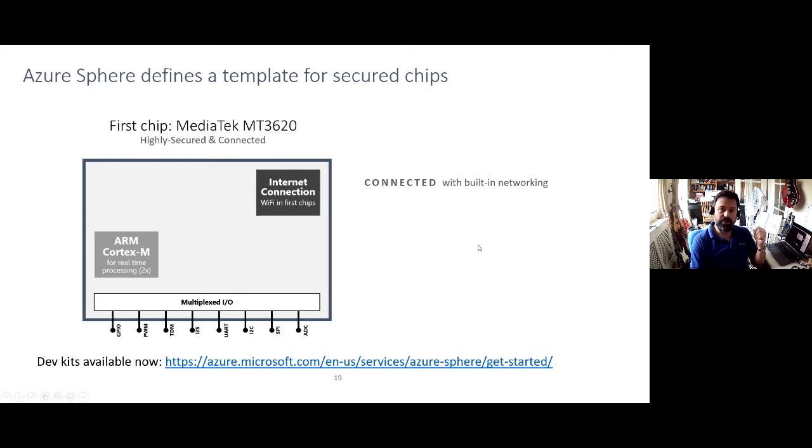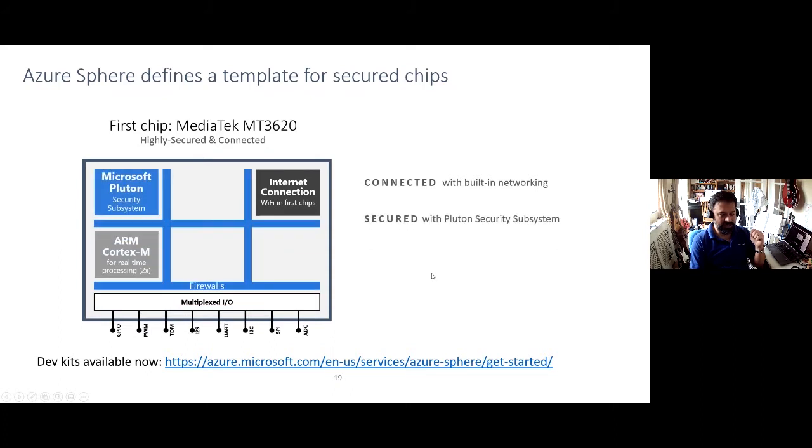The Sphere chip also has built-in Wi-Fi, so it can connect straight to the internet in a very secure manner. We do also enable you to do this via wired Ethernet connections as well, but the Wi-Fi is actually built